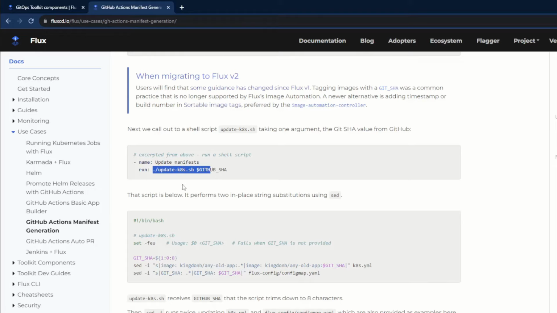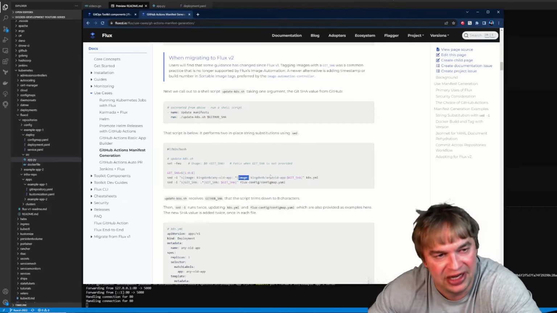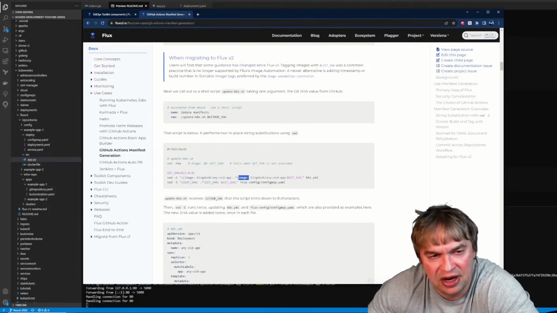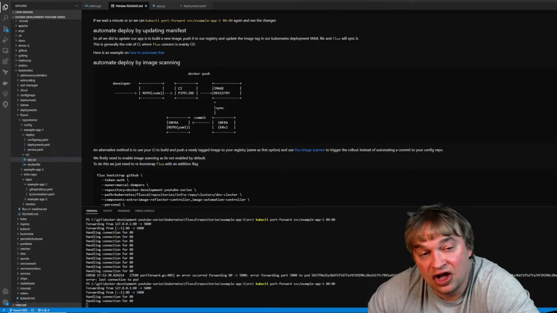If you're running something like GitHub Actions, they have an example here, and this script content is basically just a bunch of sed commands that does replacement in YAML, and it goes ahead and looks for the specific image inside of the deployment YAML and updates the tag to a new one, and then you can just commit this basically from the CI pipeline directly. So this is one way to automate this whole image tag updating in the YAML file through the CI pipeline. And basically what the script will do is it'll go to the deployment YAML and just update the actual tag there to the commit hash. Now there's an alternative way to